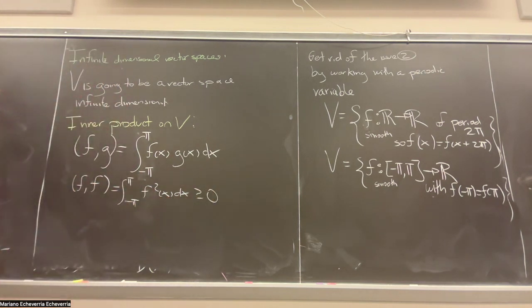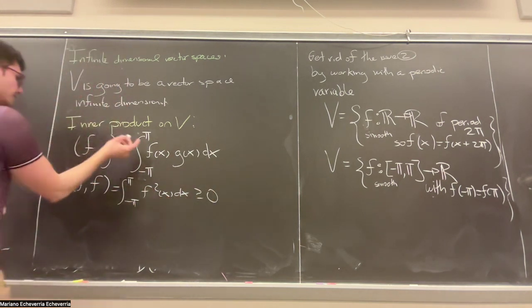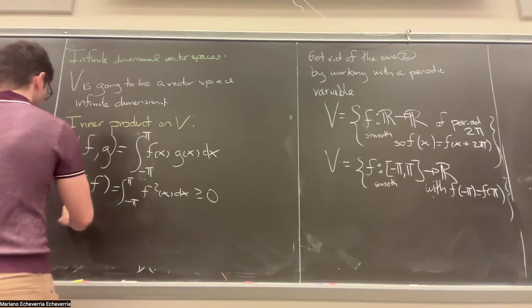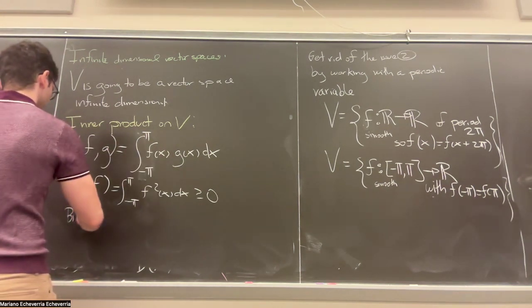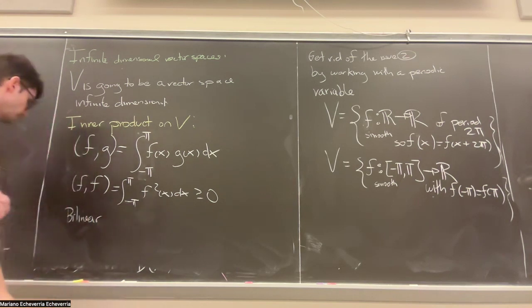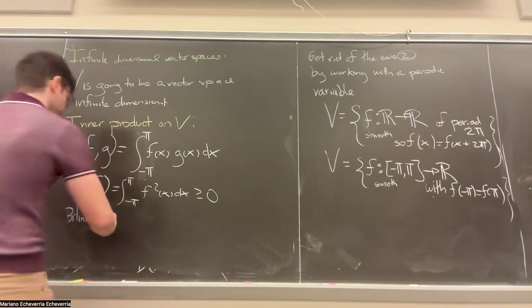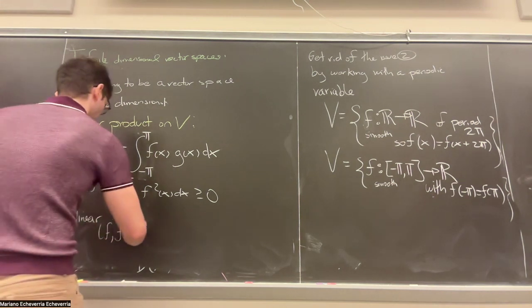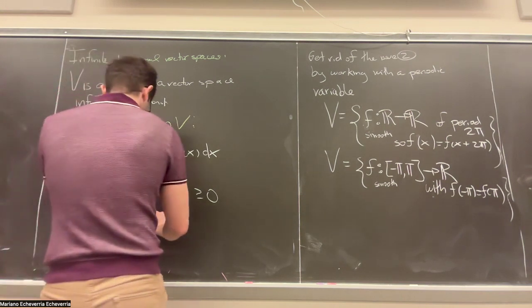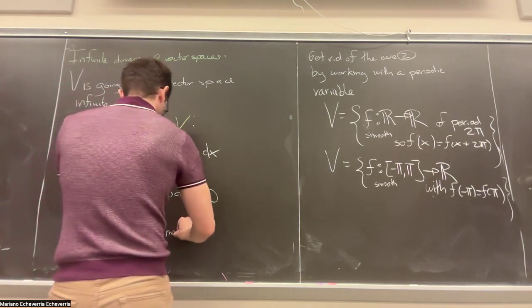And it's also easy to check that it's bilinear, linear in each entry, because the integral is linear, and it's non-degenerate, right? Because if f is zero, the only way for the square of